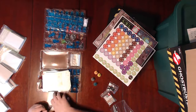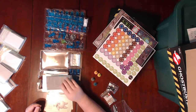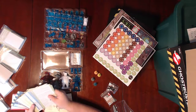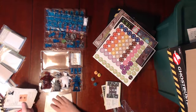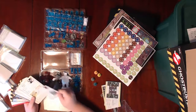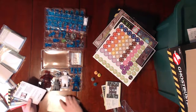Even the retail version. Then you get some Galloping Ghouls, Gruesome Twosomes, Boogaloo Manifestations, Slimer, Idleness, Stay Puffed, and then these must be scenario cards. So these must be sorted somehow from cards you got. Like, these must be the retail versions. And then there's the Sandman, the Impossible Mode Stay Puffed, Zool, Vince Clortho, Gozer, the Librarian, Sam Hain, the Boogeyman, Ivo Shandor, Boogaloo, Spawn of Cthulhu, Cthulhu, and the Fearsome Flush, which I think were all ghosts from...